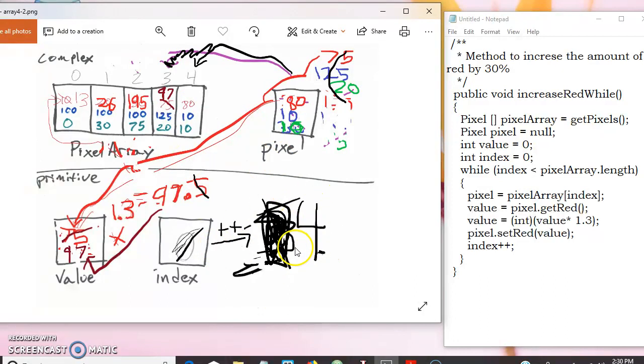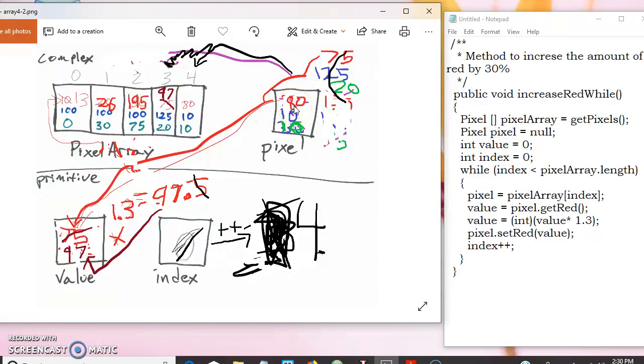We add 1 to the index, it goes to 4. This is the last time this is going to execute, because if we add to the index now, it'll go to 5. 5 is going to be greater than the length of the array, and the code will end its execution at that point. Anyhow, so with the index at 4,